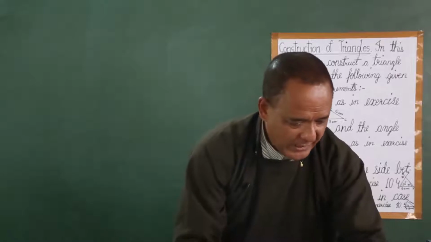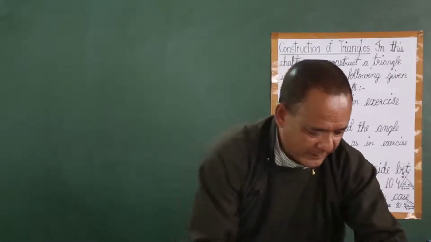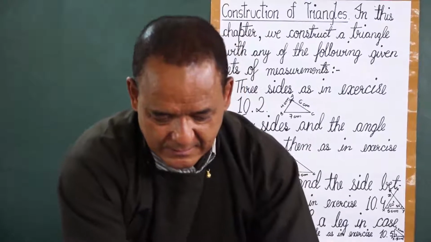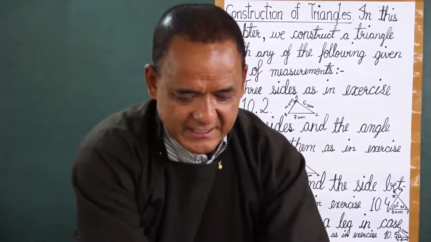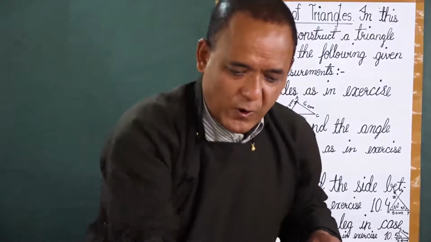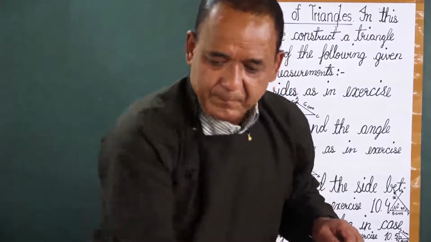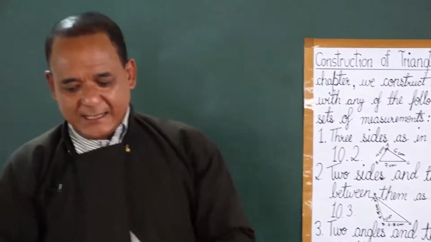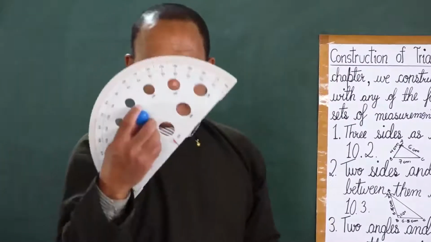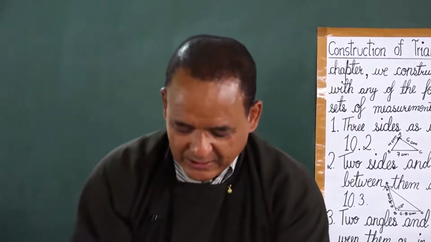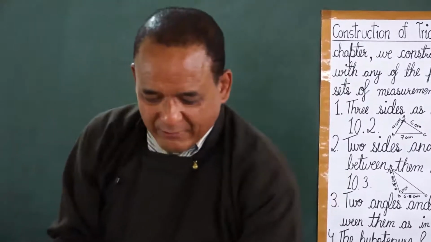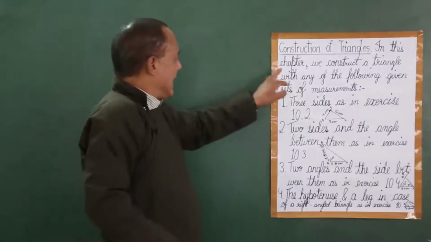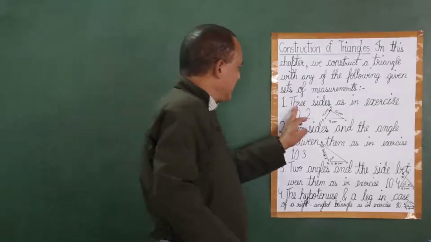Okay, so here, for example, now I have these two set squares which we use to make perpendiculars, and then we have the ruler to draw lines, and for measurement of angles we have the protractor, then we have the compasses, and then we have the divider. Okay, so now how to use these things? Let us see here.